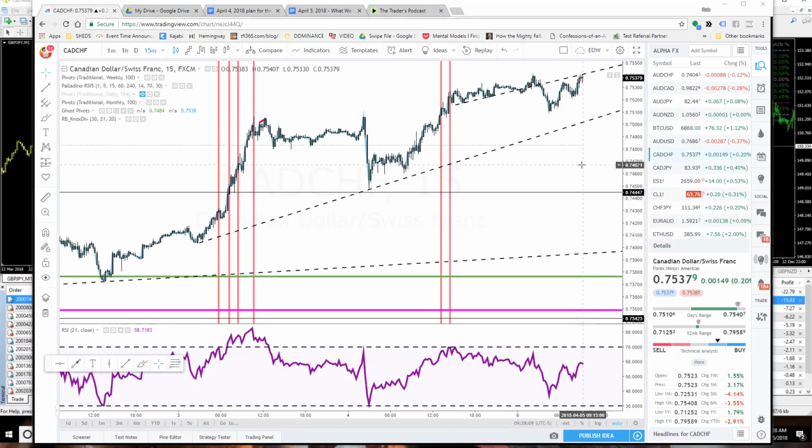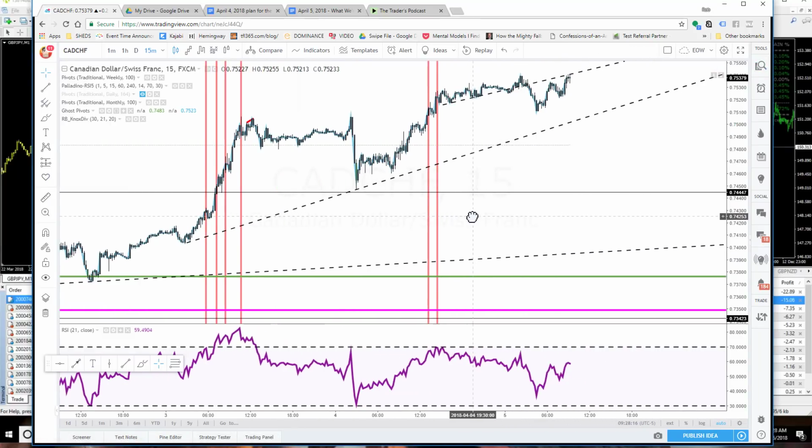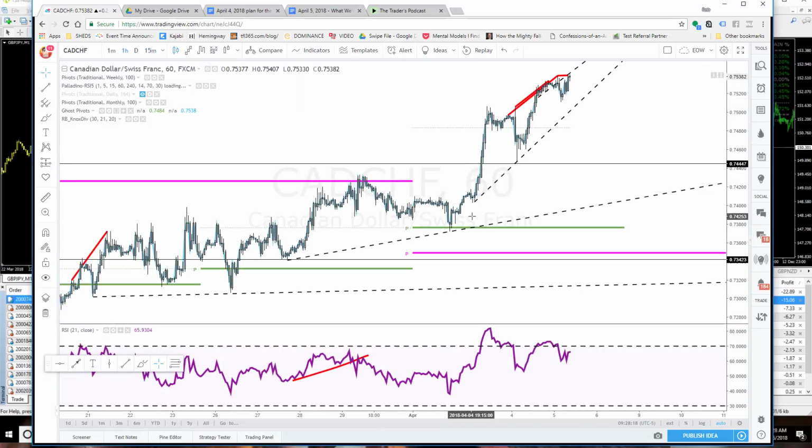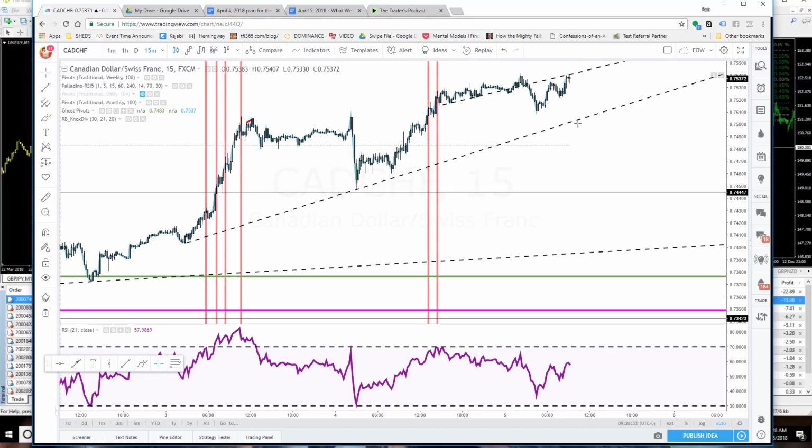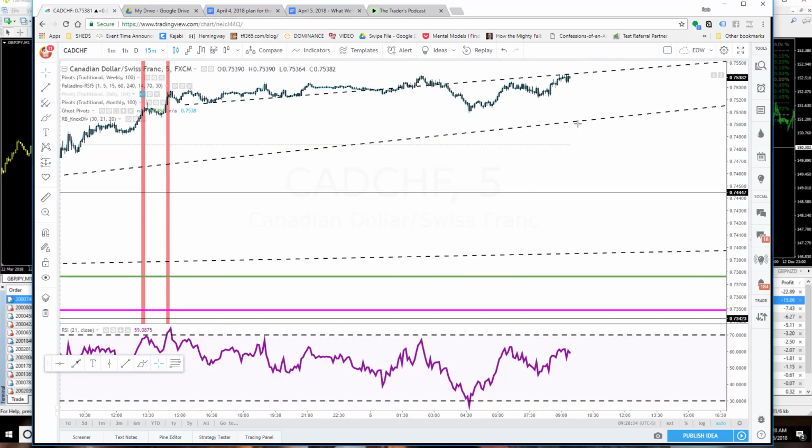All right, here's the 15-minute chart. I don't know if the 15-minute chart's really applicable, so let's just take a look at the 60-minute chart. The 60-minute chart's definitely overbought. Weekly pivot's all the way down here. Next week's pivot is right up here. We have a trend line down here. It's time for us to take an additional trade. It's overbought on multiple time frames, or at least it was even earlier today, and it's back up here retesting